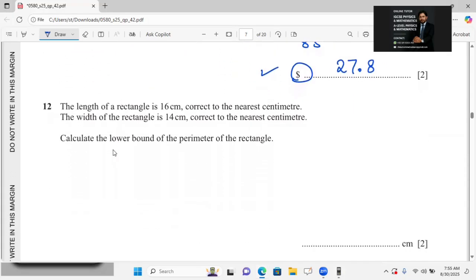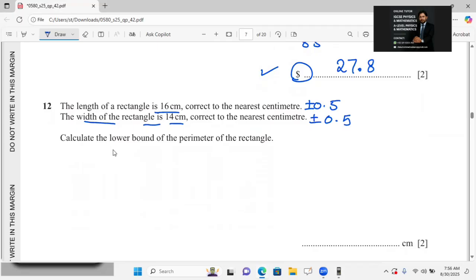After that, he is saying the length of a rectangle is 16 centimeter, correct to nearest centimeter. It means 0.5 should be added or subtracted. The width of a rectangle is 14 centimeter, correct to nearest centimeter. So 14 centimeters should also be added or subtracted depending upon lower bound or upper bound over there. So it will be plus minus 0.5 in the form of centimeter. So for this one,